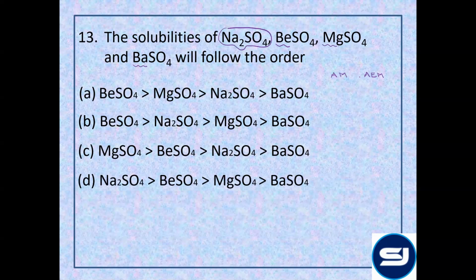Alkali metal. अल्कली मेटल ज्यादा सल्यूबल होता है। तो यहाँ पर if we compare, Na2SO4 actually has the highest solubility, followed by beryllium, magnesium and barium। ठीक है, सो दो चीजें याद रखनी है कि डाउन द ग्रुप द सल्यूबिलिटी ऑफ द सल्फेट्स गो ऑन डिक्रीजिंग, एंड अल्कली मेटल्स are more soluble as compared to alkaline earth metal sulfates। Answer is D।